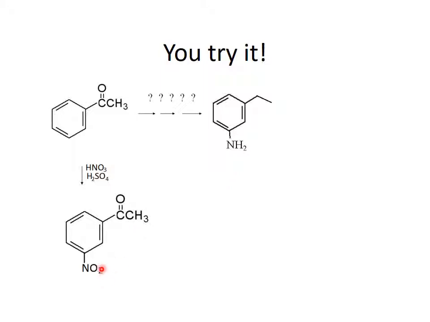And if I want to use tin and hydrochloric acid, that would reduce just this down to this, but it would not reduce the carbonyl away. And if I used just the zinc amalgam and hydrochloric acid, it would reduce this down to the methylene group, but it would not reduce the nitro group. So to reduce both of them, what would I use? I would use hydrogen over palladium, and that would